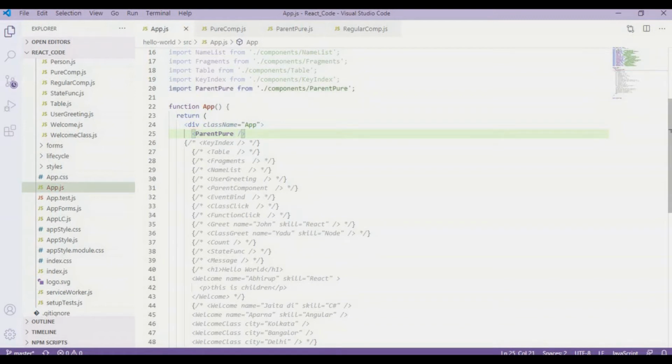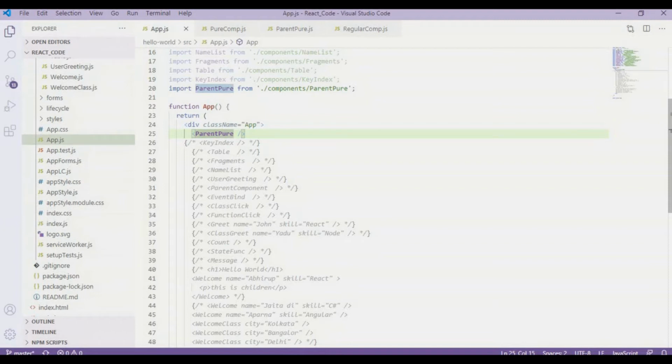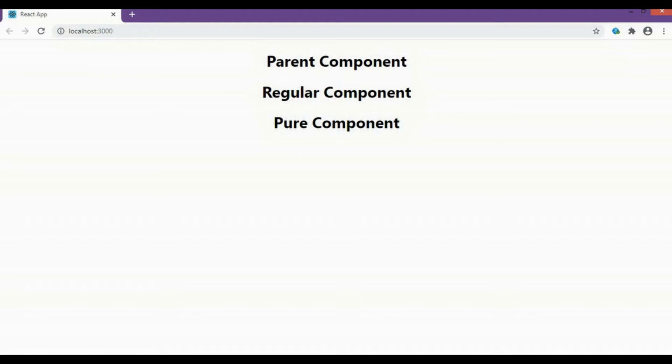Alright, now let's check our browser how it is showing. Okay, it is showing as expected: parent component, then regular, then pure component.